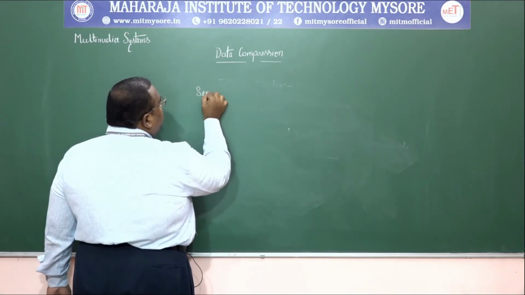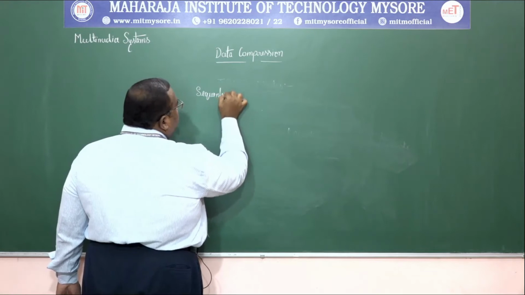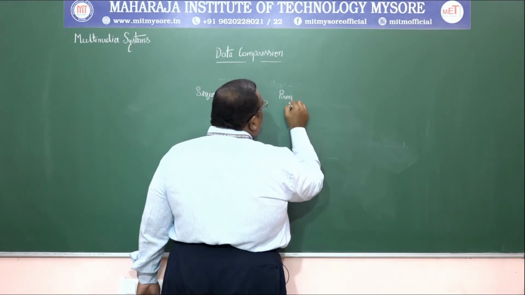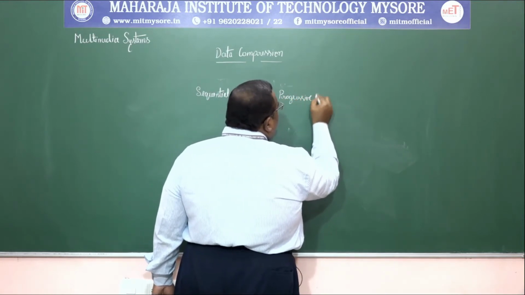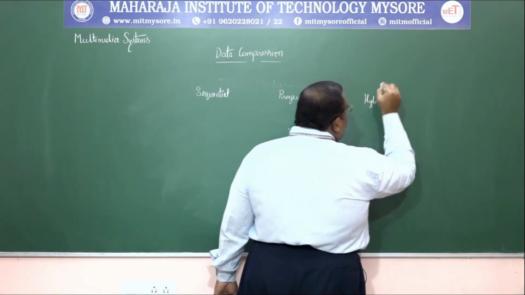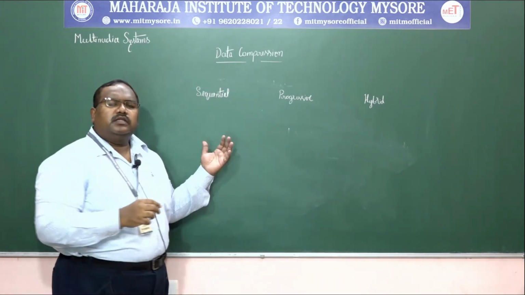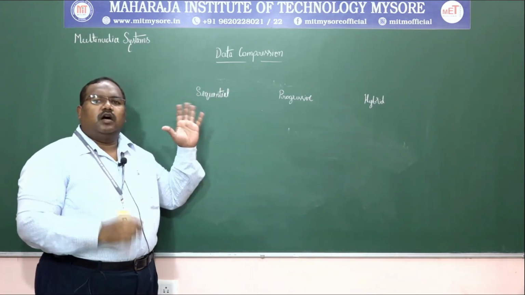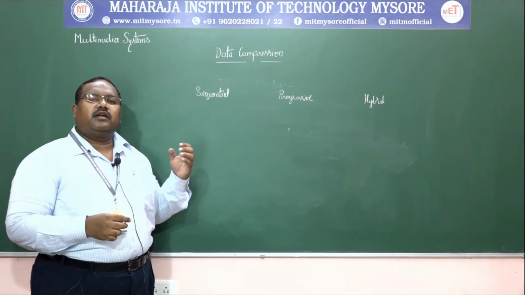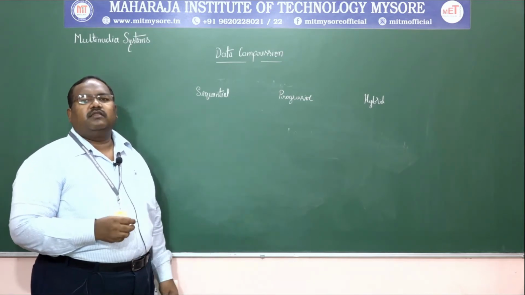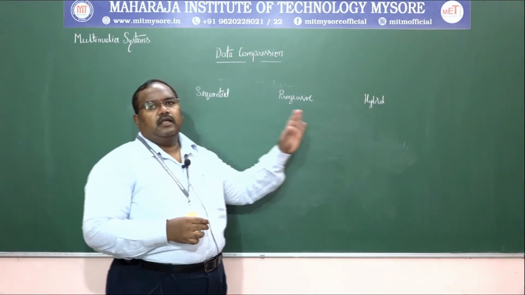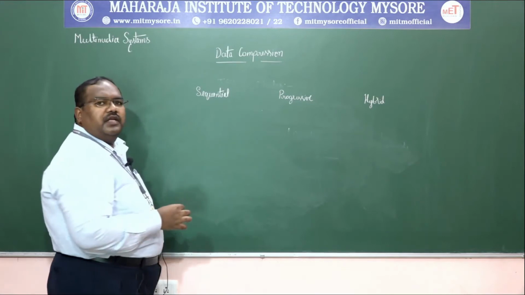First, we'll look into the sequential. So these are the three different methods of reconstructing the image. When it is compressed and we try to reconstruct it, there are three methods. One is the sequential method. So what is the difference between sequential, progressive, and hybrid? Okay. When we talk about the sequential things,